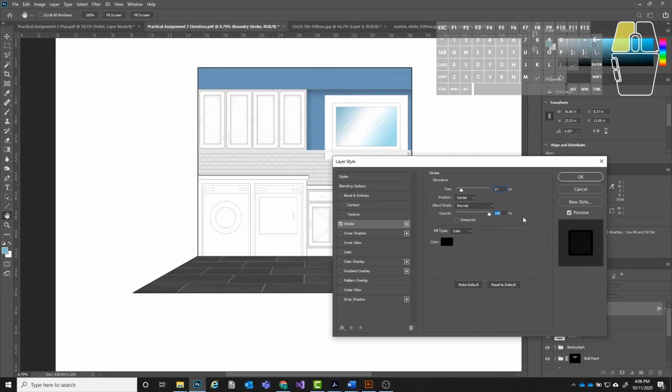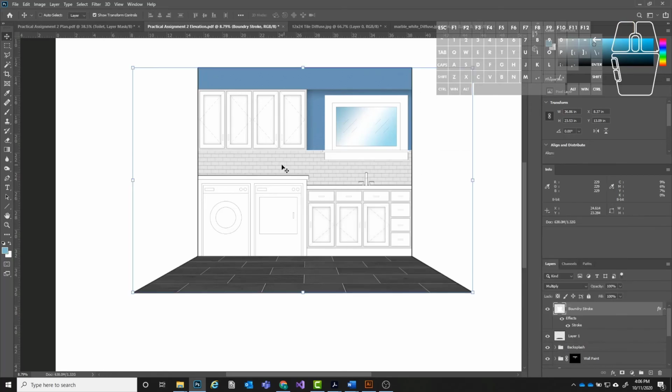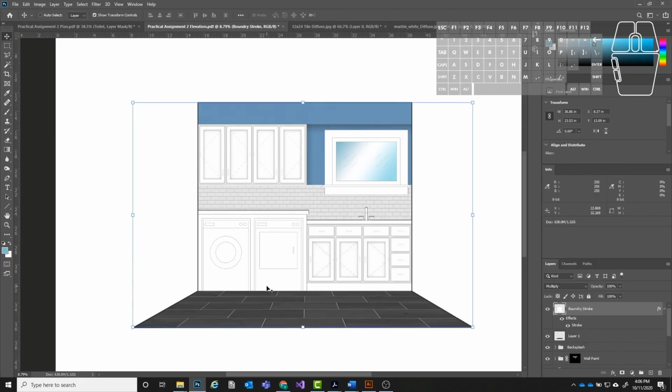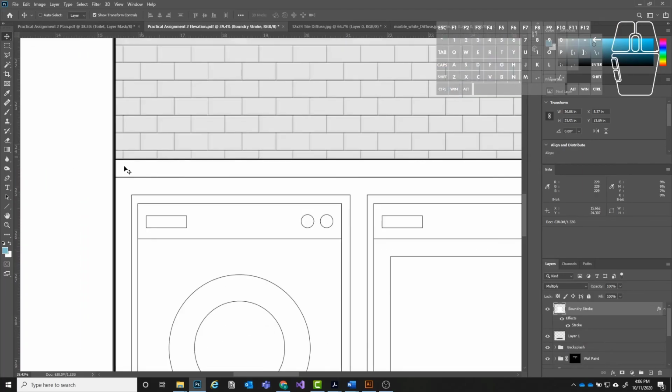So then you can even change the opacity and stuff. Maybe it's not so dark. Something a little bit subtle, not too crazy. Just like that to set it off of the white background. Click OK. And there, that looks a little bit better. Now, this is a trick that you can use